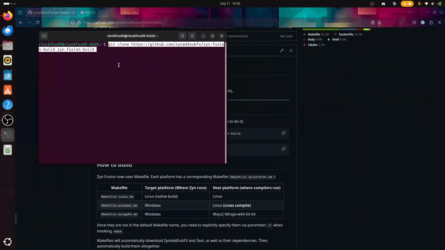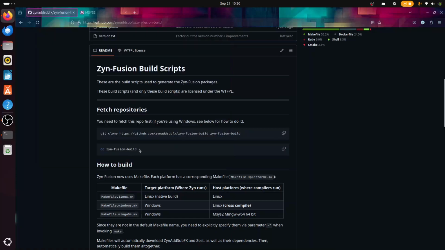paste it. Also, if you just got Ubuntu for the sole purpose of this, your terminal is going to say something like Git is not installed. It'll tell you how to install Git. It's going to say you can install it with sudo apt install git or something. But yeah, just do that, and when you're finished with that, it is going to tell you